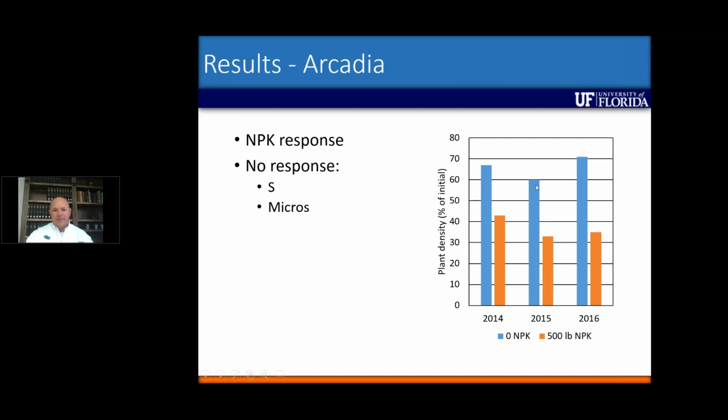When you got out into 2015, we actually went down to 60% of the initial population without fertilizer, and then just over 30% with the fertilizer in 2015. And then in 2016, we saw a slight bump in our untreated plots without fertilizer, and then also a very slight bump, up around 35%, still probably pretty even with measurement errors in the field. So at this location, we're pretty excited that we are seeing a response as early as 2 years, and we seem to be holding that with annual applications of